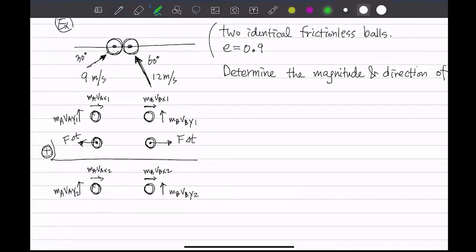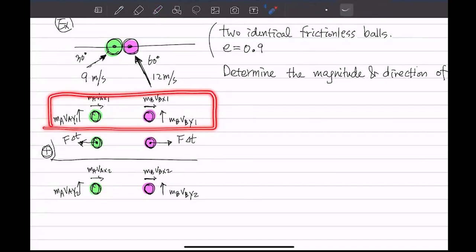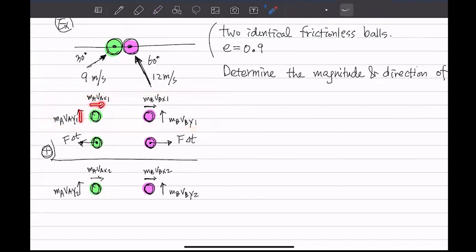Okay, so this is for these guys, and that's for that. Okay, so this here is the velocity decomposed of the green ball, and this is the velocity of this purple one,